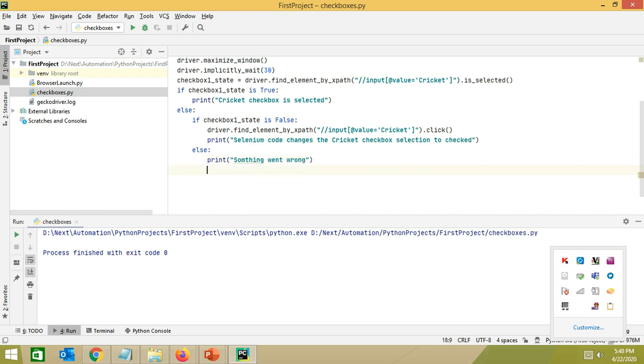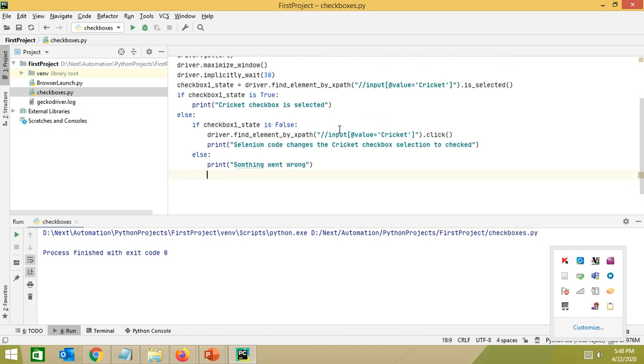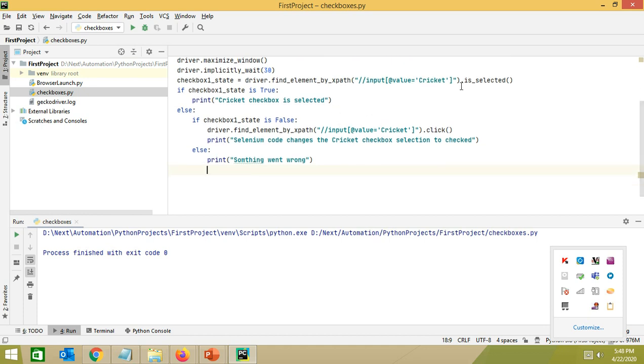because if the checkbox is available we will either get a true value or false, so we have covered true and false here. But if we are not getting true, not even false, then we'll print something went wrong in this case, and that's it.